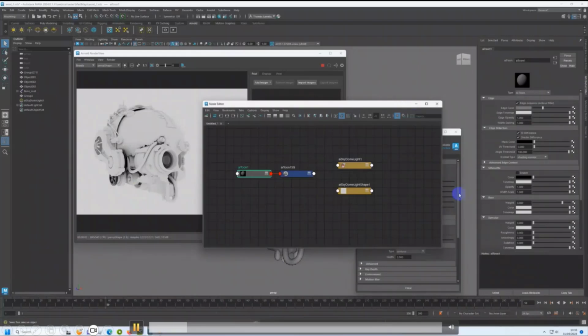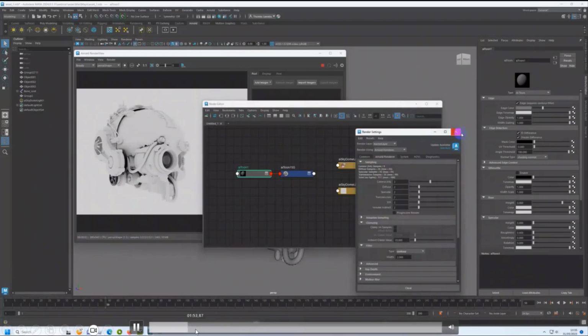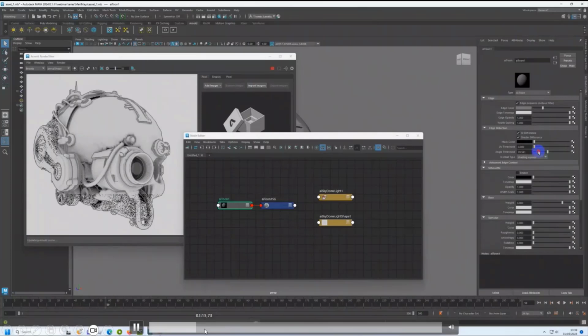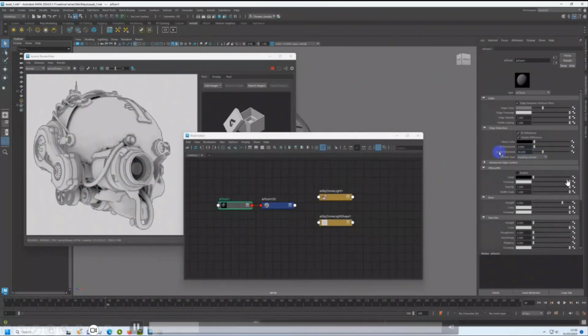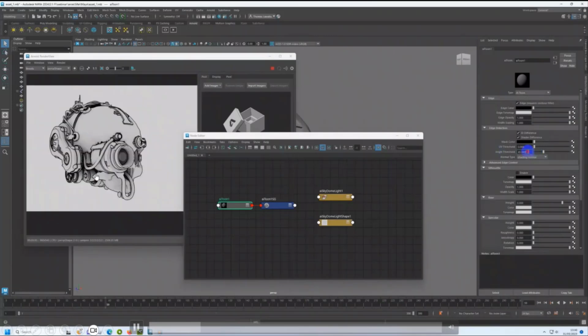Then we can tweak the edge. This is the AI toon attribute. When you see this, it looks like an outline.